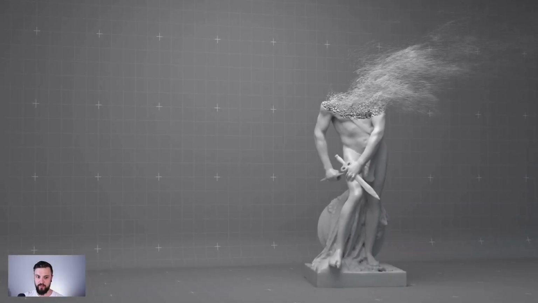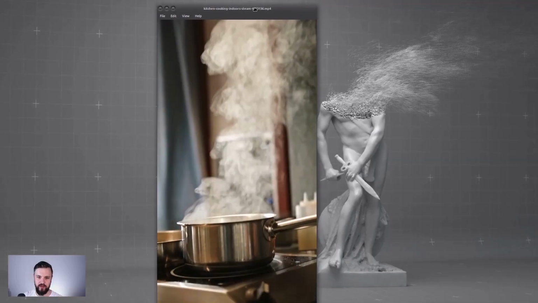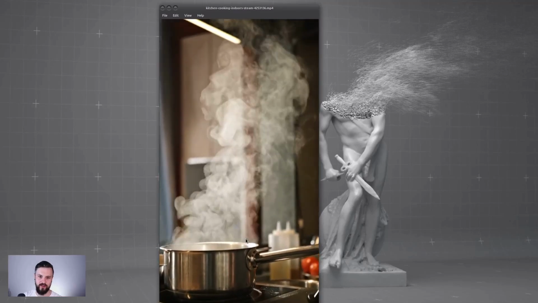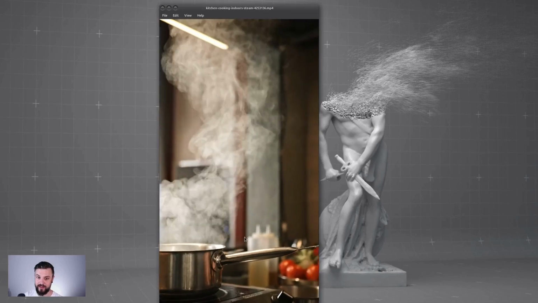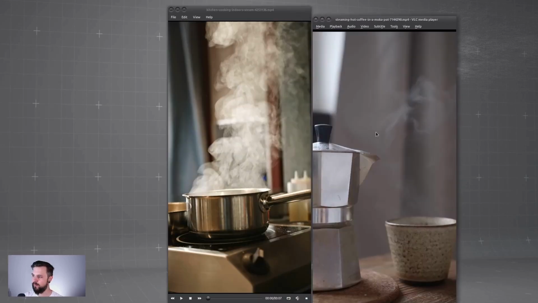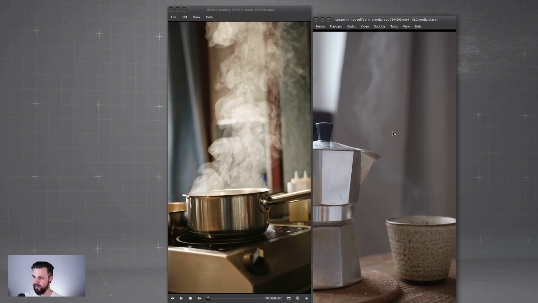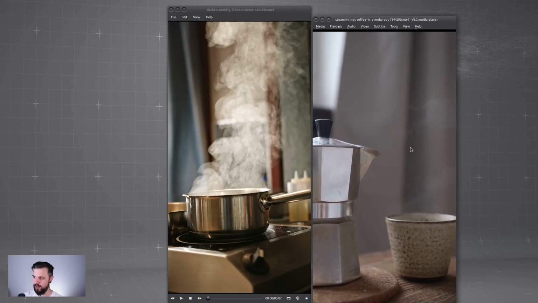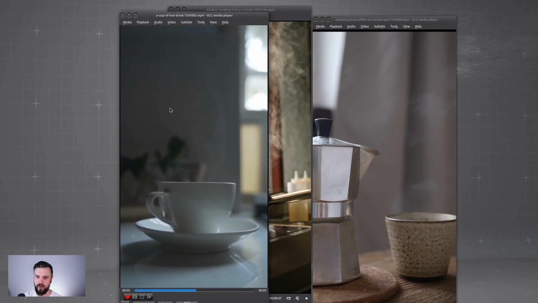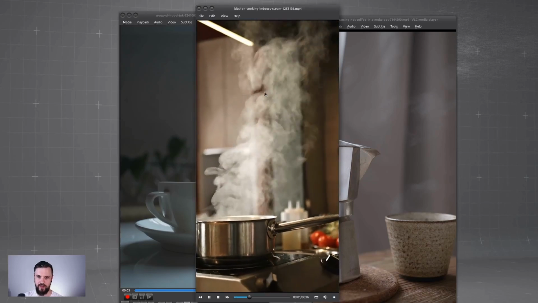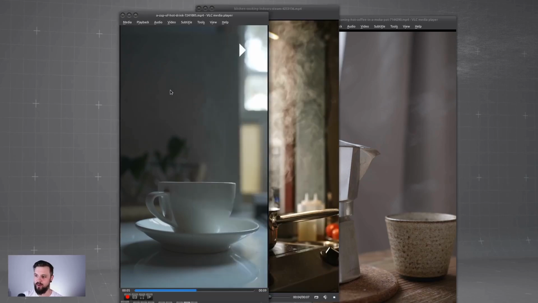To give you an example of this, if you are supposed to create some steam from a hot cup of tea or coffee, you would think from your experience, okay, it probably behaves like water steam, right? So something like this. But if you had looked at references like a good FX2D, you would have noticed that the steam of hot coffee is actually not behaving like that, for all kinds of reasons. It actually looks a bit more like cigarette smoke if you look at it. And here's another example of that. It's a bit hard to see, but you understand where I'm coming from. It does not look like this. It behaves differently, and there's no way to know this unless you actually look at some reference.